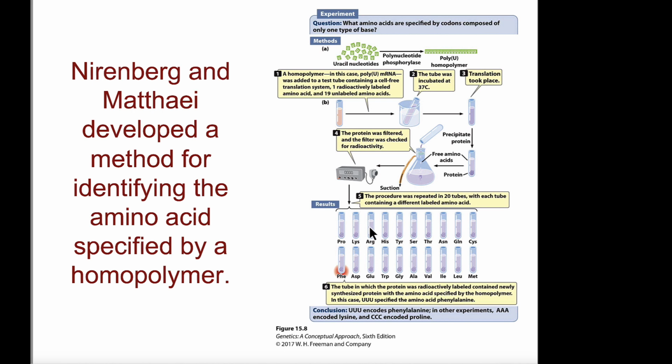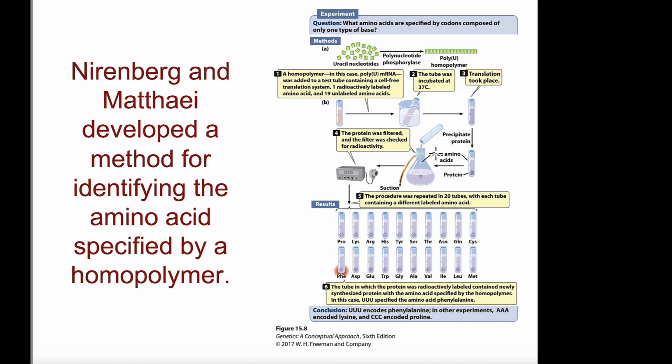identifying the amino acid that was specifically tied to what we call homopolymers. An example of a homopolymer would be three bases that are all U's, or three bases that are all C's or A's. So understanding when you have three bases that are the same, what amino acid do they correspond to? In that case, the question for the experiment was, what amino acids are specified by codons composed of only one